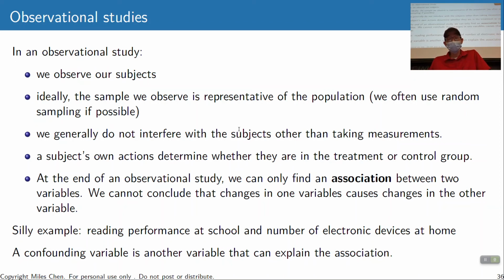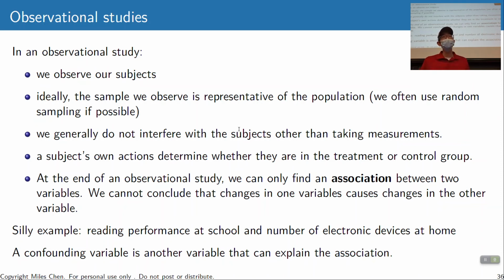Families that had more electronic devices, things like the number of TVs and iPhones and Nintendo and video game consoles and whatever you have, tended to have students reading at or above grade level than families with fewer of these things. Okay, so does that mean